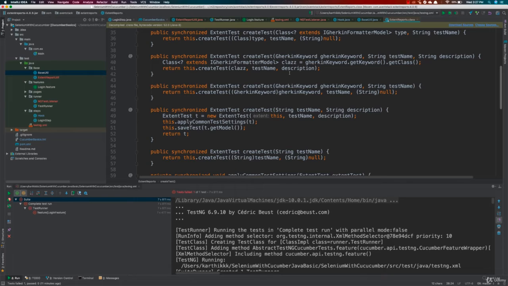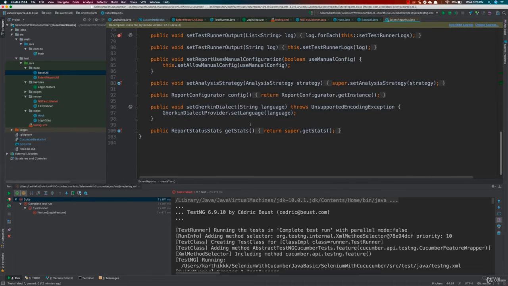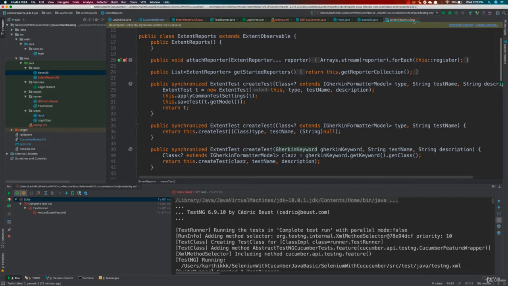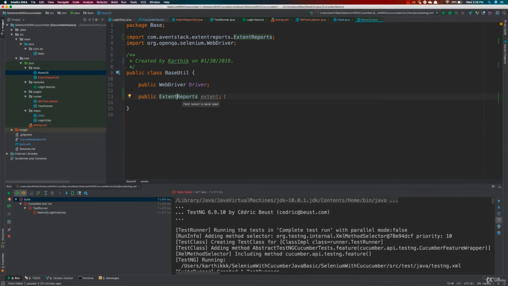And the difference of these methods being overloaded is because these are for the BDD style, and as I said in the slide, it supports both BDD and non-BDD format. So this create test method is for the non-BDD format, whereas this BDD is for the BDD format. That's why it's a Gherkin keyword, right? So you can see there are so many different methods available. Just go around and play around with this class file, and you will eventually get to know a lot of details about it. And then we are going to be adding a public